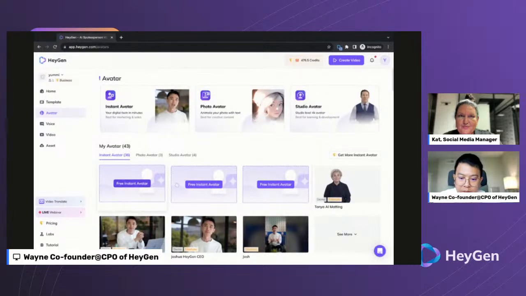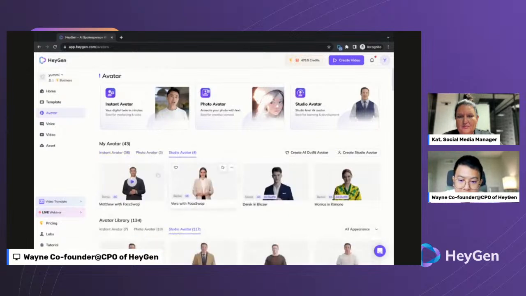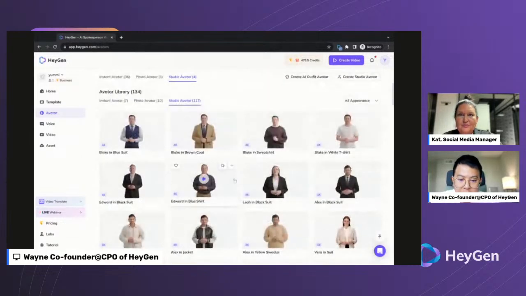There will be detailed instructions on how you should be recording yourself and how you should be preparing, and you'll get your avatar automatically with the self-service process. Studio avatar is the highest quality, most premium avatar, as most of our public avatars show.